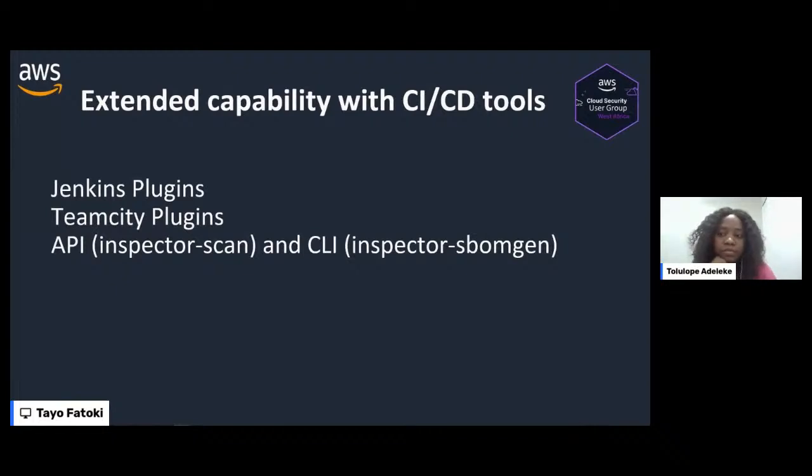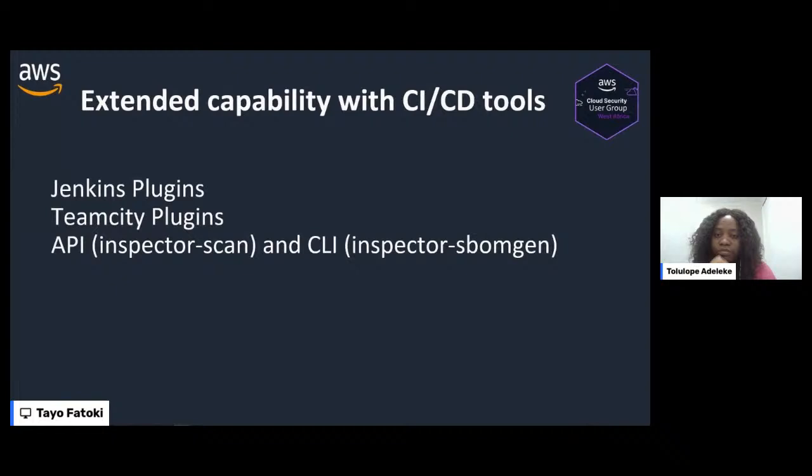This Inspector capability has expanded into a lot of practices when it comes to software development and security. It enables your CI/CD tools to scan images that are being populated in your pipeline, just before your images are added to the artifact storage, e.g., ECR, or even if you want to use a third party artifact storage solution, you can also do your scan in your pipelines. Even if you're using a third party pipeline,